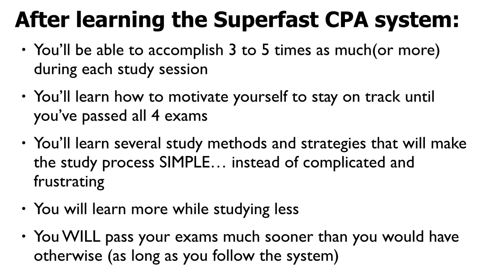So the key points, the biggest benefits after learning the super fast CPA system, you will be able to accomplish 3 to 5 times as much or more during each study session. And again, each study session will probably be less time than what you're doing right now. You'll learn how to motivate yourself to stay on track and focus in each study session until you've passed all 4 exams. You'll also learn several study methods and strategies that will combine and condense and simplify the study process